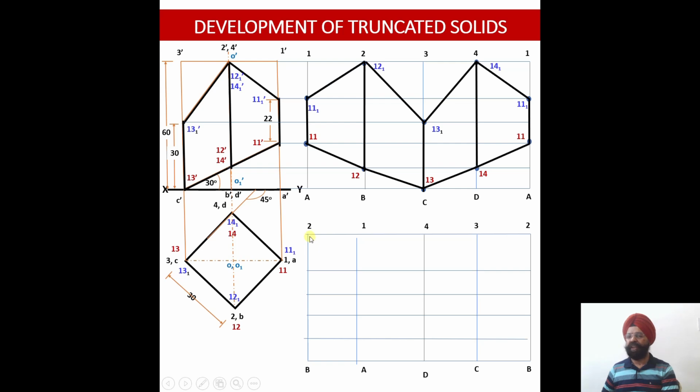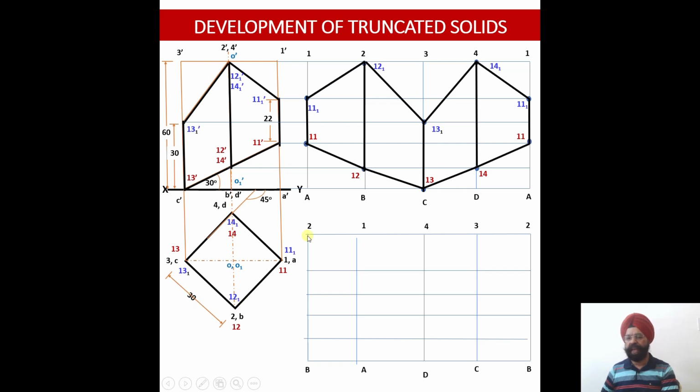Now let me show the development over here. You see the first edge which is encountered. Now again another thing I have changed. Earlier I had started from 1, 2, 3, 4, 1, that is in the clockwise direction. Now you see I am starting from 2B, but I am moving in the anti-clockwise direction. So it is your sweet will, whichever way you want to move, you can move it. I am right now moving in the reverse direction.